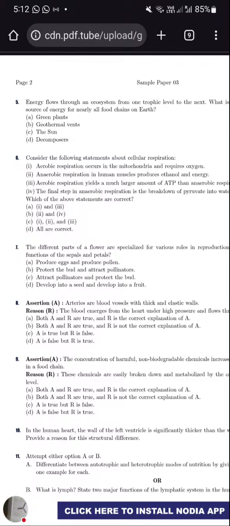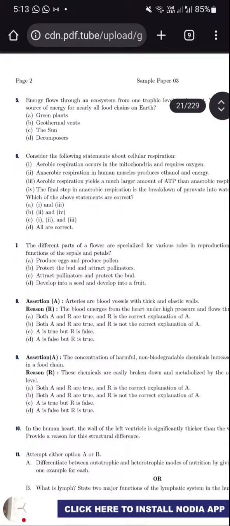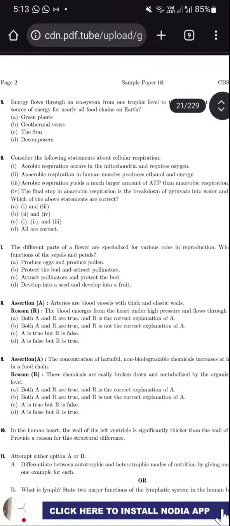Open and start reading. Do you want me to read the question or you understood? Vivek, can you see the question? Question number 6. Can you see the question clearly? Sixth question. Which two options are correct? Only two options are correct here. Sixth one. Write the correct options.